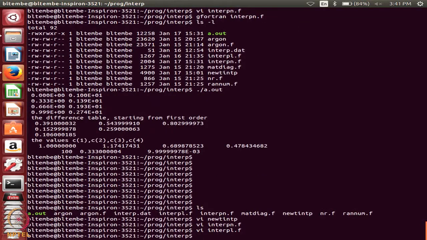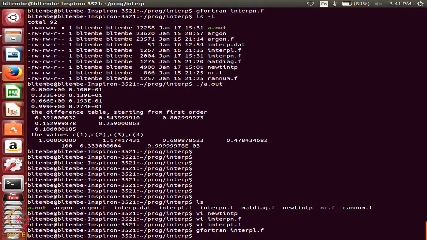I will come out. So, I will compile it. Interpol L dot f. So, this is my Lagrange interpolating polynomial. Okay. I am compiling the Lagrange one. When I type this A dot out, it is the Lagrange one that is executed.